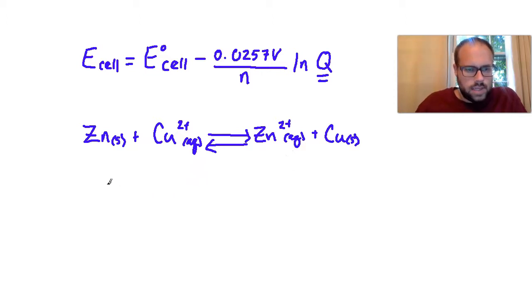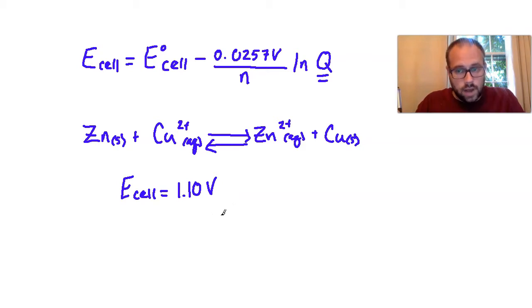The way that I could set this up is that I could say that Ecell is going to equal. Now, if you remember, when we originally calculated the Ecell for the zinc copper example, we found that the Ecell at standard was 1.10 volts. If you don't remember that, go back and watch the video on the galvanic cells where we set up the crude beakers and we talked about the passing of electrons back and forth between the electrodes. Okay, so I'm going to take that minus